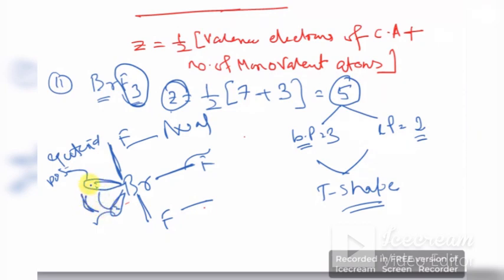Here you can see these 2 lone pairs are 120 degrees apart. If you put the lone pair in the axial position, then from one fluorine it will be 90 degrees apart, and from another fluorine again 90 degrees. That means in this position the compound will feel more repulsion, but in these 2 positions the lone pair is 120 degrees apart as well as from this